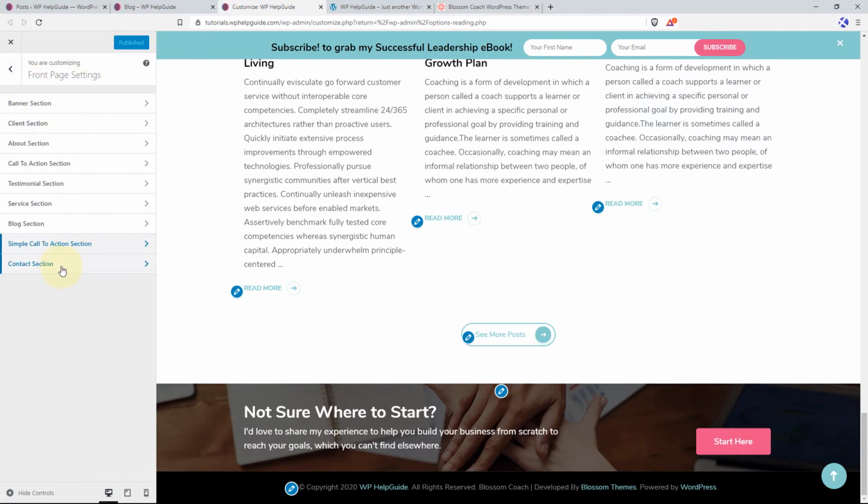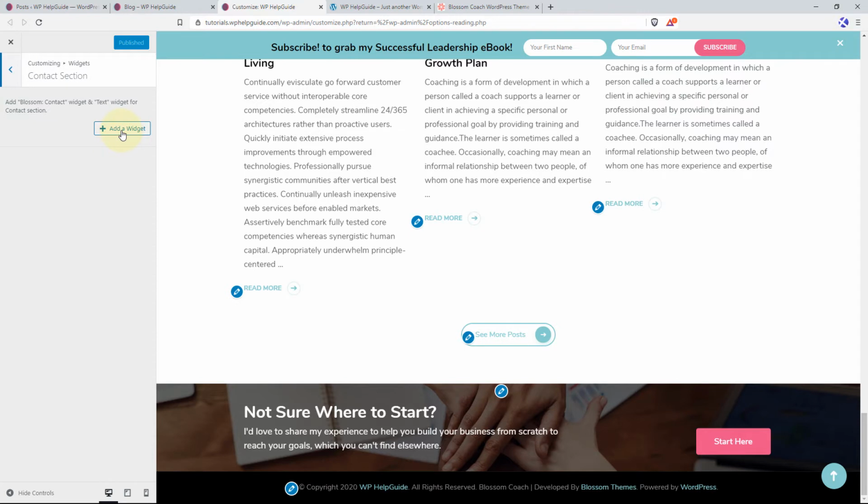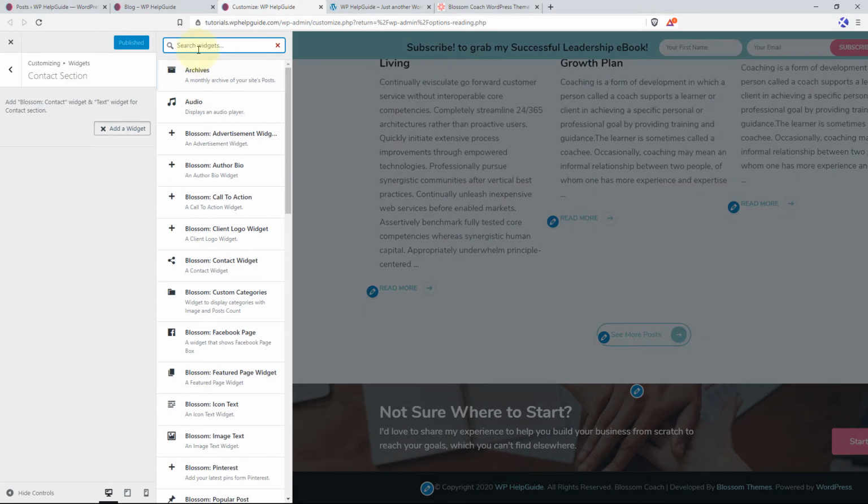Now the next section is the contact section, which is the last section of the home page. So let's configure and finalize the home page section. Go to contact section, and here you have to use the Blossom contact as well as the text widget. So let's configure and add the contact. Simply search for contact